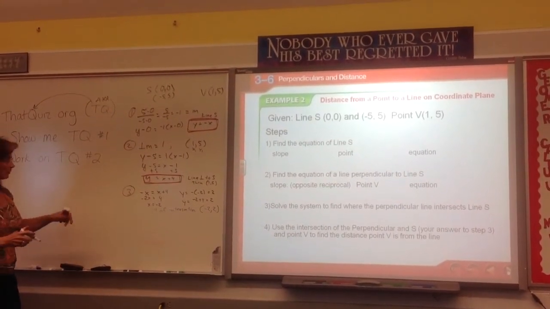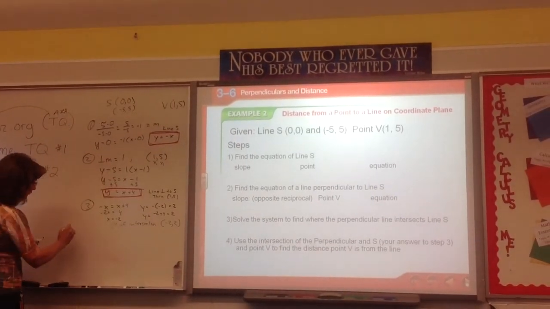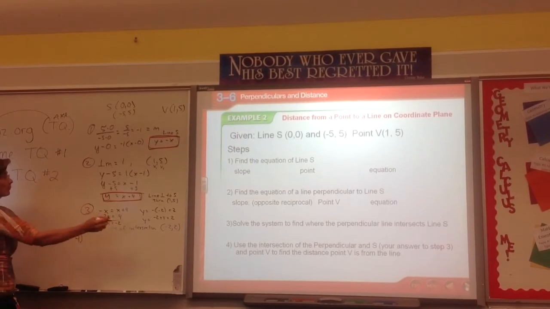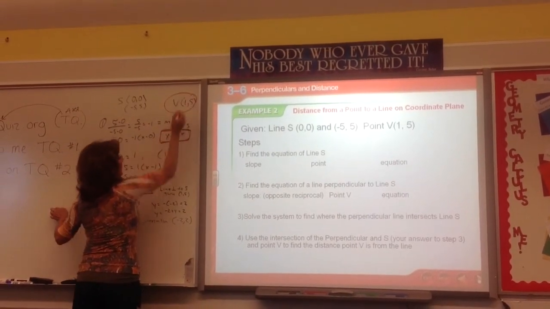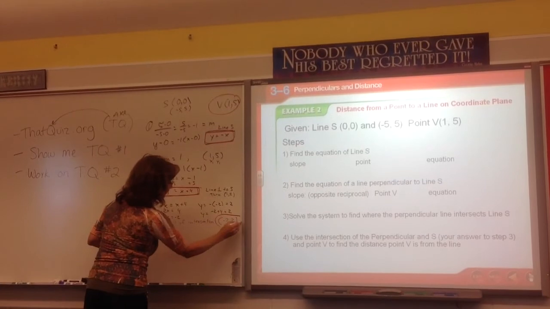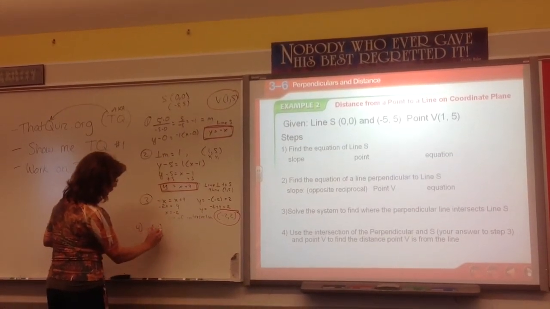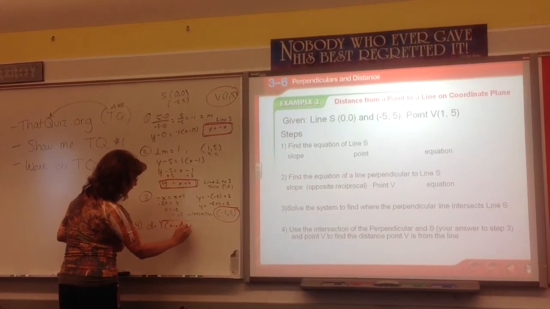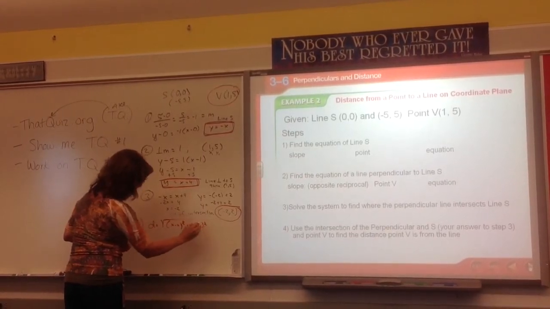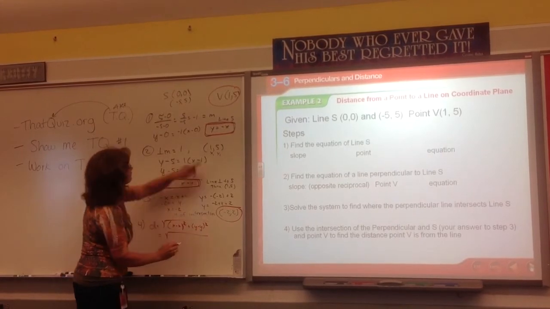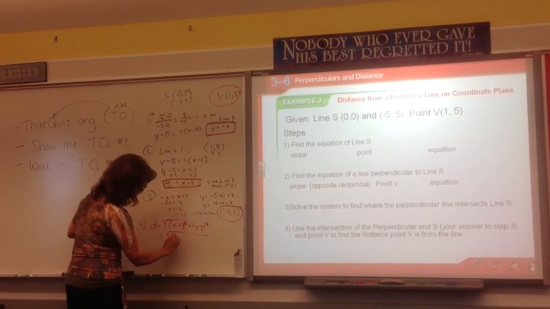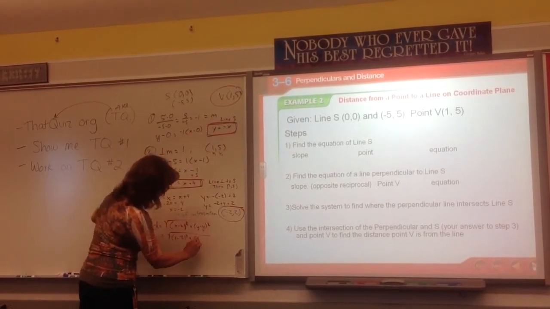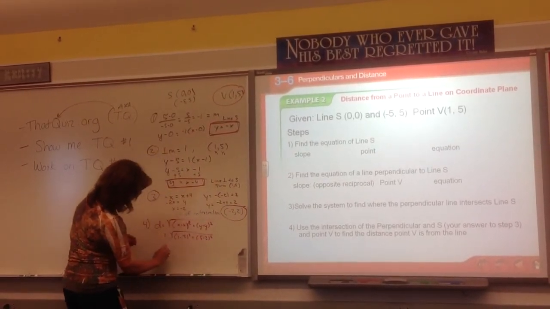Now we are almost there. The last step is to just find the distance, the length of that segment. So I've got a point right here. That's one end of the perpendicular segment. And I've got another point, and I'll use my distance formula. Remember, x minus x quantity squared plus y minus y quantity squared. So I'll put in 1 minus negative 2 squared, and I'll put in 5 minus 2 squared, and I will